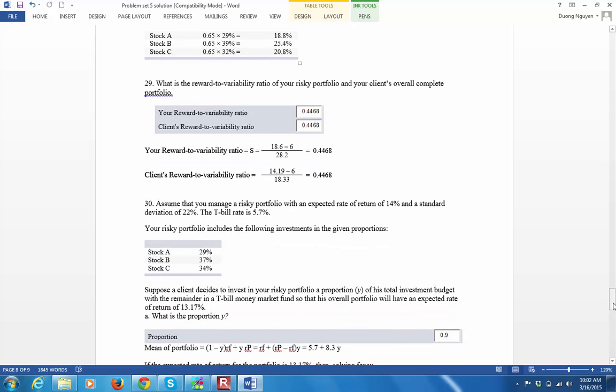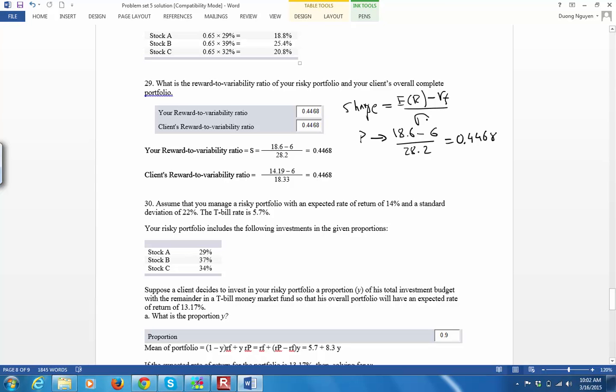What is the reward to variability ratio? Okay, reward to variability ratio is basically the Sharpe ratio. The Sharpe ratio equals the expected return minus the risk-free rate over the standard deviation. For the portfolio P, the Sharpe ratio would be equal to 18.6 minus the risk-free rate of 6, over the standard deviation 28.2, and equal to